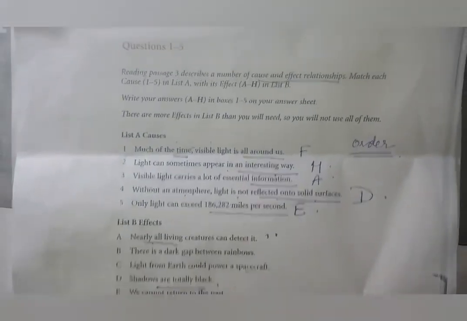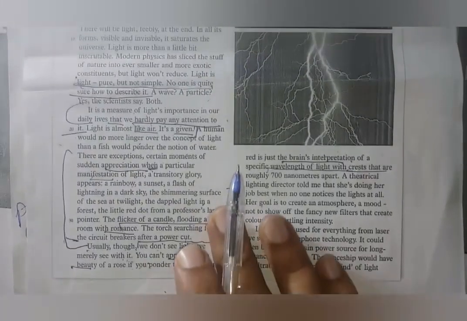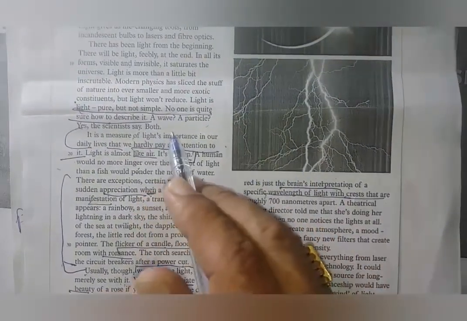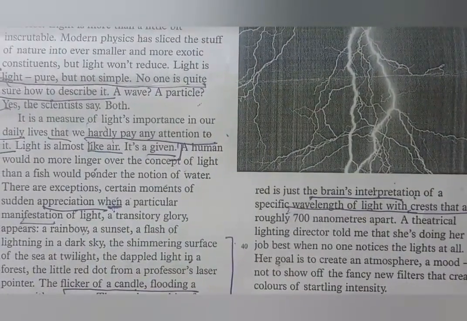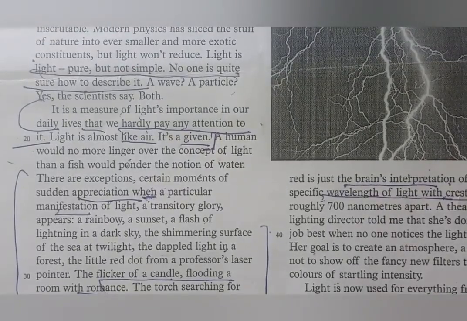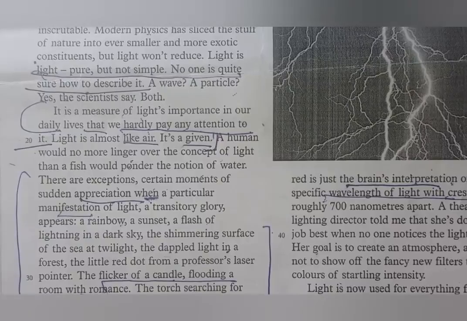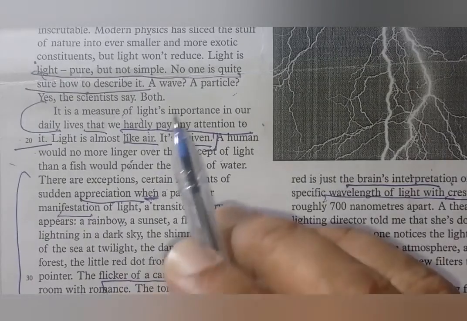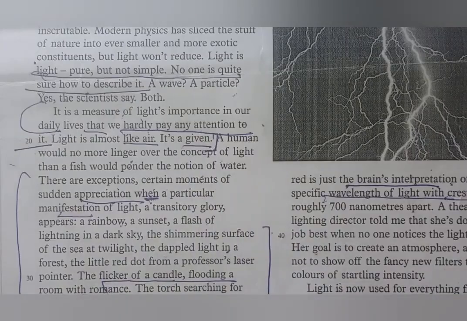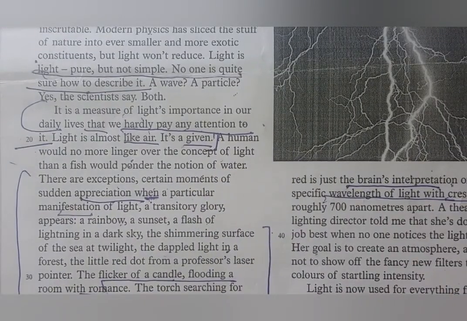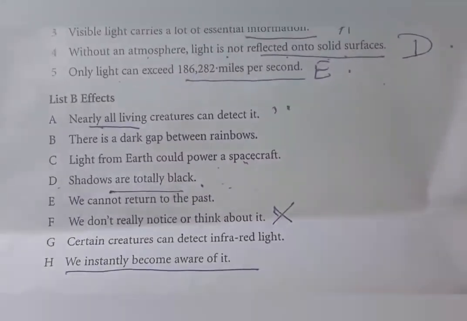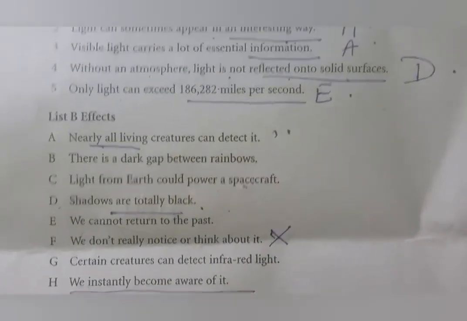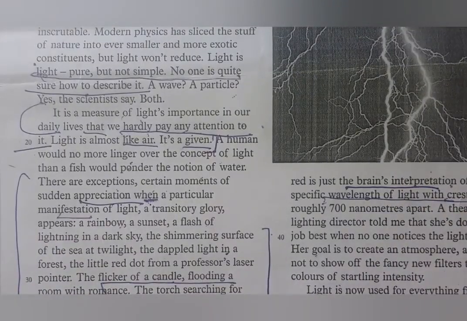जब मैंने अपनी स्टडी करनी स्टार्ट की, राइट, तो मुझे जो यहाँ पे नहीं मिला, ये यहाँ से मुझे मिला। देखो उन्होंने बड़ा क्लियर किया हुआ है, इट इज़ मेजर ऑफ लाइट इम्पोर्टेंस इन आवर डेली लाइफ दैट वी हार्डली पे एनी अटेंशन टू इट। लाइट इज़ ऑलमोस्ट लाइक एयर, इट इज़ गिवन। अब मैंने एकदम ये वी हार्डली पे एनी अटेंशन, दैट का मतलब कोई चीज़ मैं एक्सप्लेन करने जा रहा हूँ। तो यहाँ पे मुझे दैट के बाद एक्सप्लेनेशन मिल गई कि हम नोटिस नहीं करते, हर जगह हमारे पास लाइट ही लाइट है, राइट। तो मैंने इसी कारण फटाफट इसका आंसर दिया एफ, वी डोंट रियली नोटिस और थिंक अबाउट इट, क्योंकि दैट के बाद उसने बड़ा प्यार से एक्सप्लेन किया।